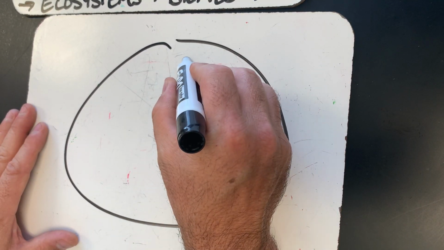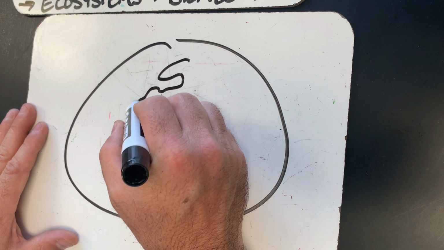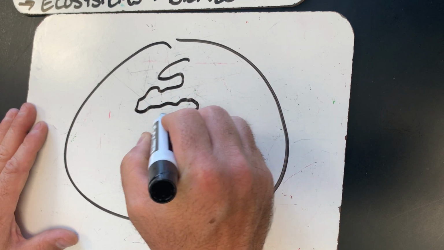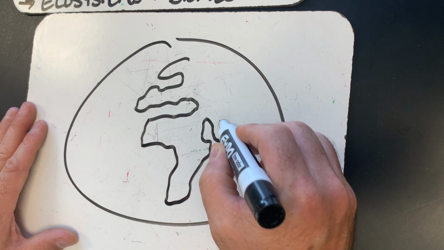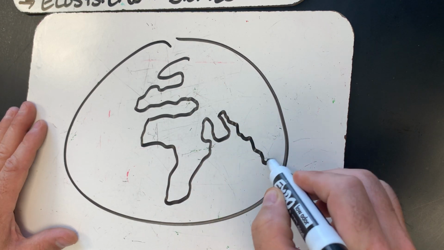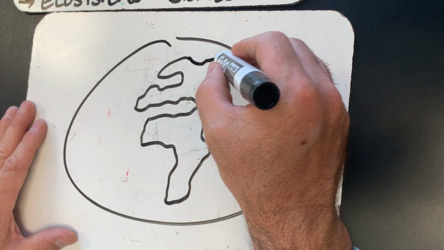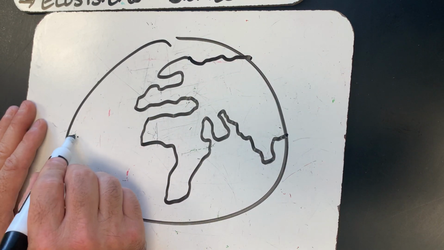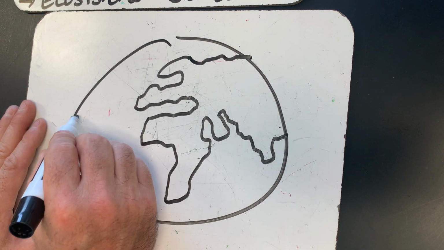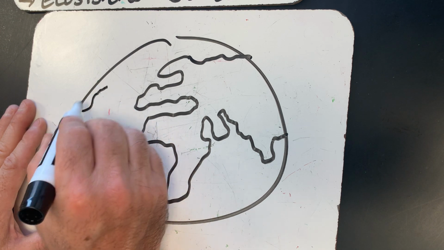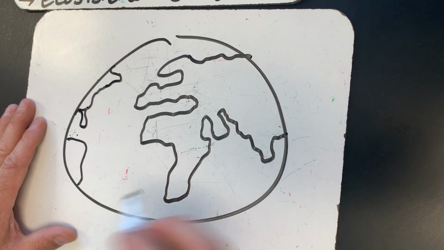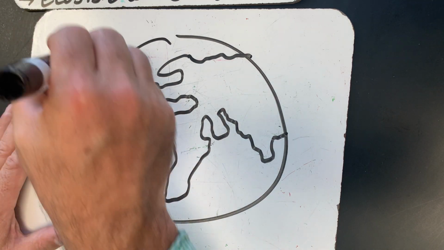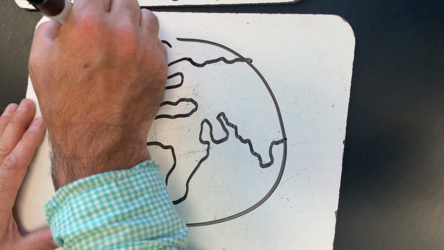So let's start over here. This is Europe, this is Africa, the Arabian Peninsula, the subcontinent of Asia. This is Asia. Maybe you can see over here there's South America, and let's make Florida here. That's Florida, and that's going to be North America. But this is a biosphere.